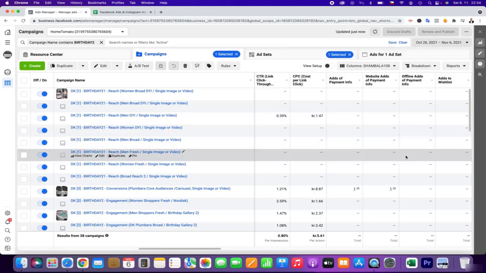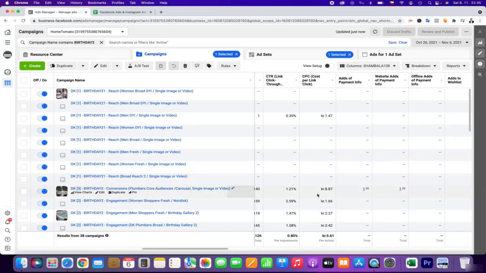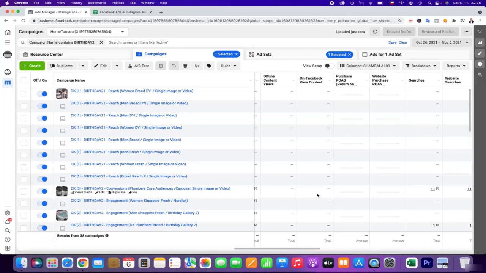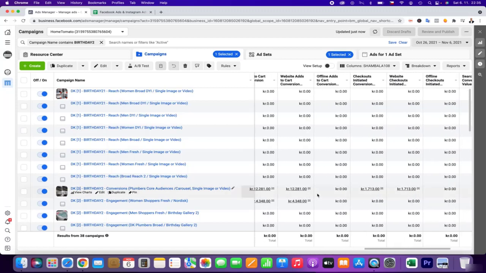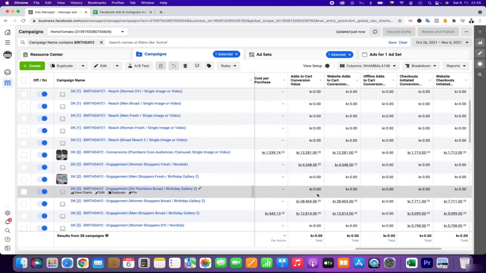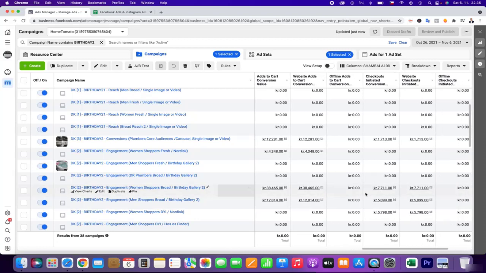If I share it with you, even these core audiences had some sales. But the most important thing is that we have quite good video view content and add to cart actions. With this engagement, we even have add to cart actions and started checkouts.